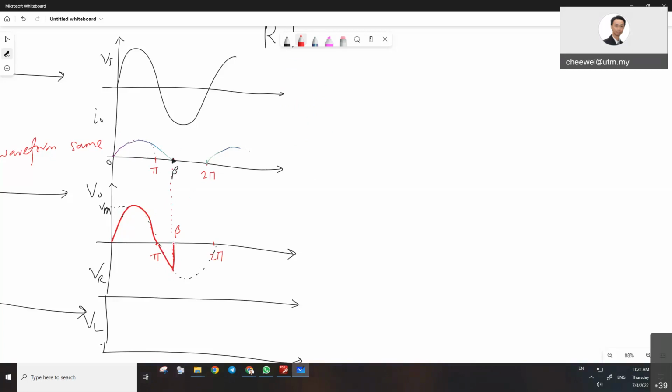So what happened at the rest of it? It goes back to the uncontrolled R load. It becomes 0. So if we compare with the R load, only this part is not the same. Okay, an additional negative portion happens. Otherwise it will be just the same. So after that, what happened? It will just repeat